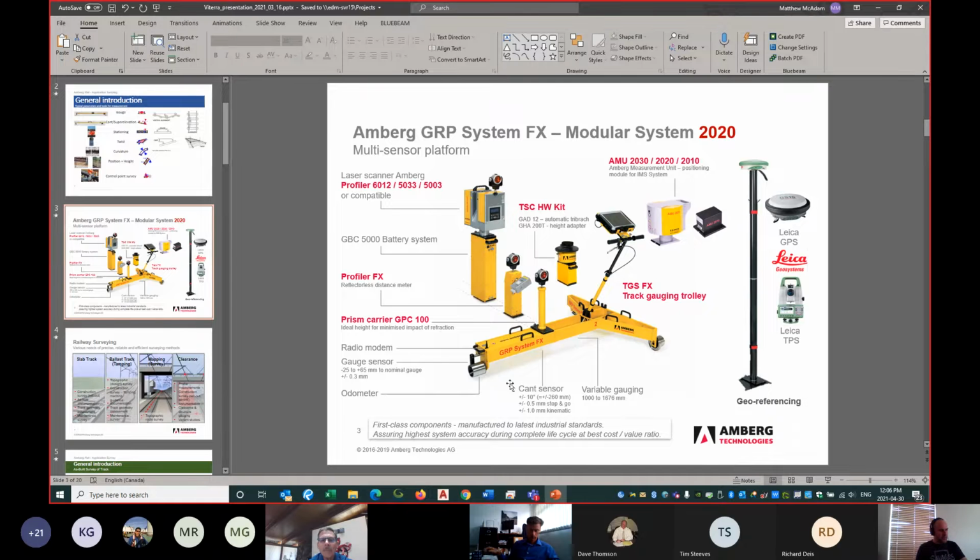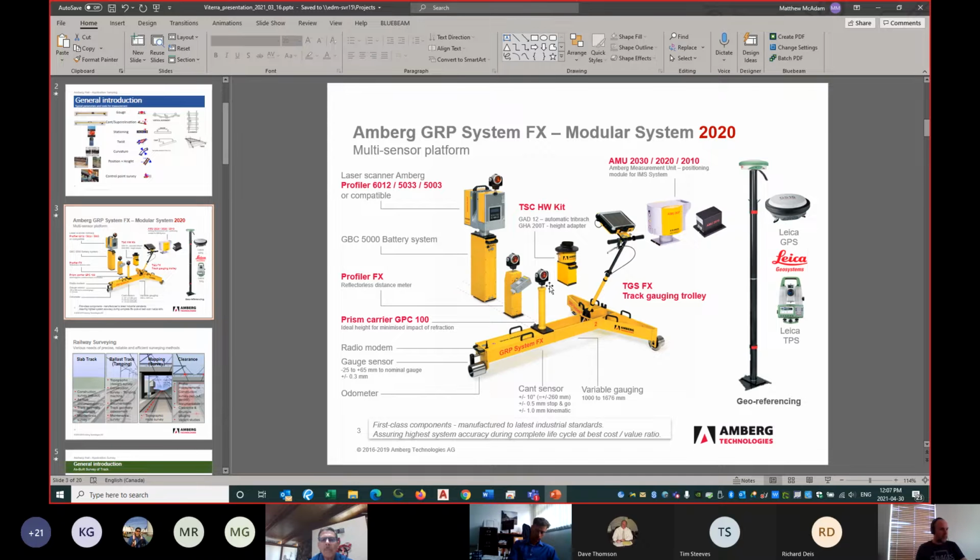So the base system here has got a cant sensor, and here, this length here is for measuring the gauge. So this is a fixed item for measuring your gauge. So gauge is typically in Canada, North America, 1.35 meters. So this is what it's calibrated to. You could change this out for different gauges, but we have it for the single most popular gauge in this country. So we've got a gauge sensor, cant sensor,